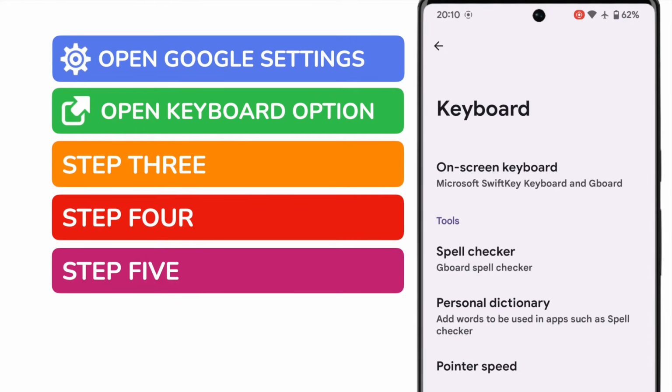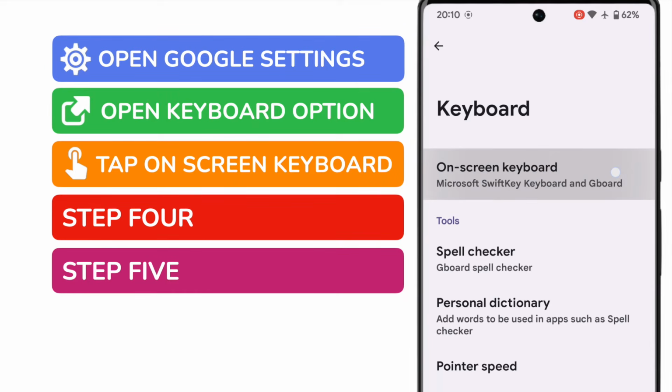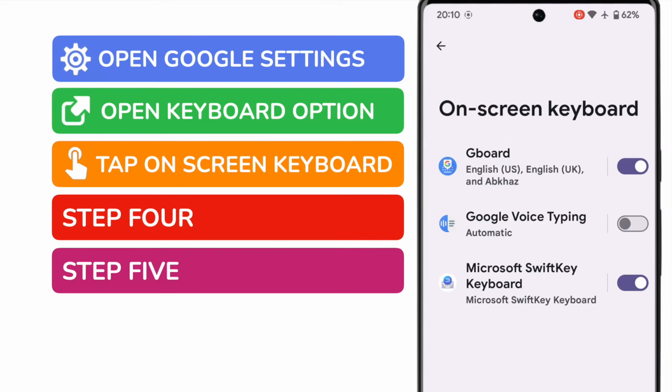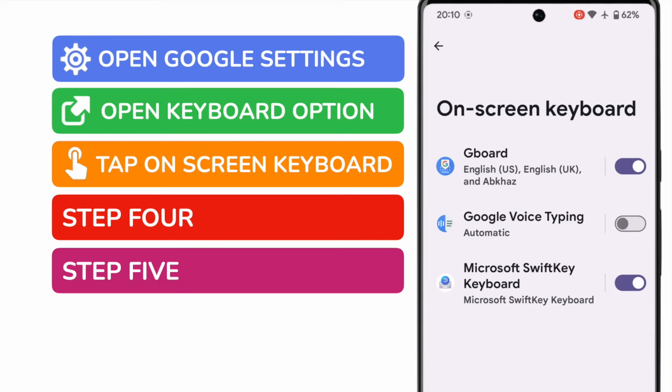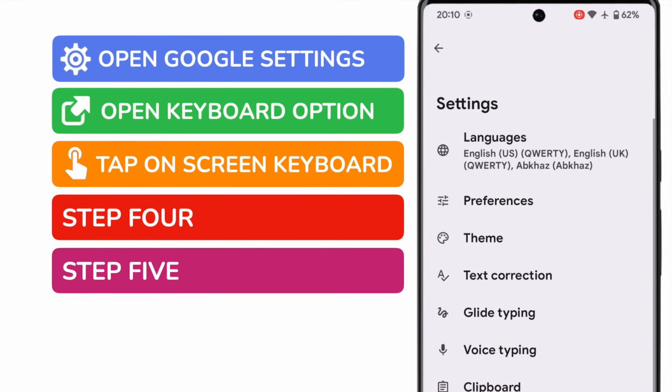On this page, we're interested in the very first option, on-screen keyboard. Let's tap on that to dive into it. The next page offers a choice of keyboards to update. The list shown on your phone may be different to the one here. I'm interested in the Gboard link at the top, however, which should be common to most Android phones. Let's tap into that. We're now finally on the keyboard settings page.